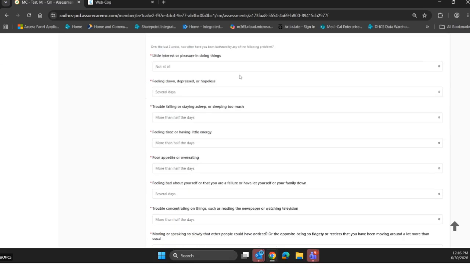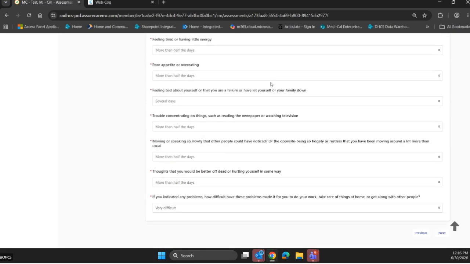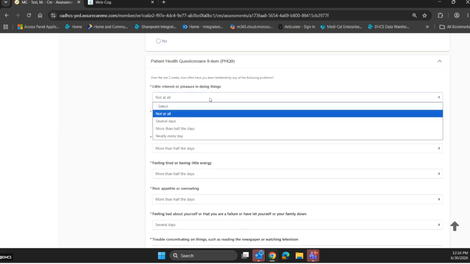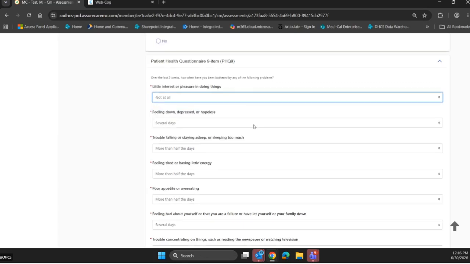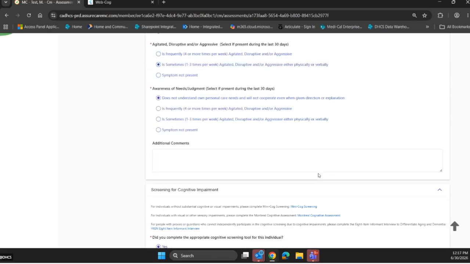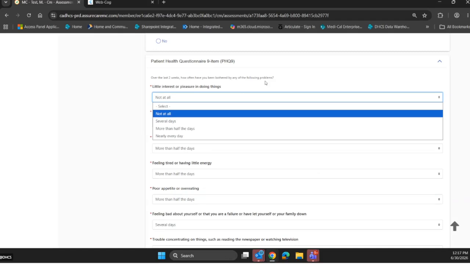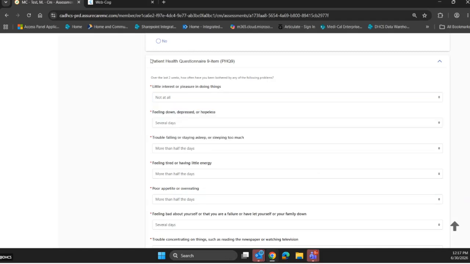Now, the patient health questionnaire, this is one where I have to double check on this one actually, because I know there was the patient health questionnaire, and there was another one that we had determined would not need to be answered if they have cognitive issues, but in this case, we're allowing a proxy, obviously, to respond on their behalf for now,